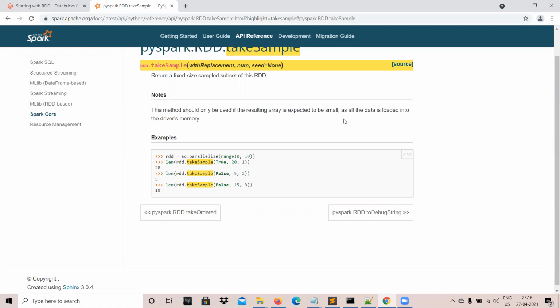What's the difference we saw at the time? The take function is parameterized. We specify the number of records we want to fetch from that data, and basis that, those many records get extracted. Basically we get a list of those values. And the moment you say list of values, where is it coming? It's coming to the driver's memory.